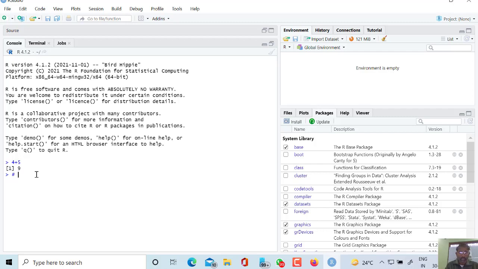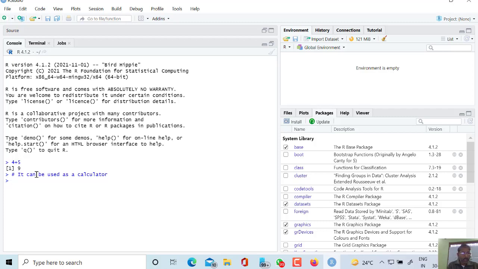The first feature of R is that it can be used as a calculator. That means addition, subtraction, multiplication, division, every basic operation can be done using R.